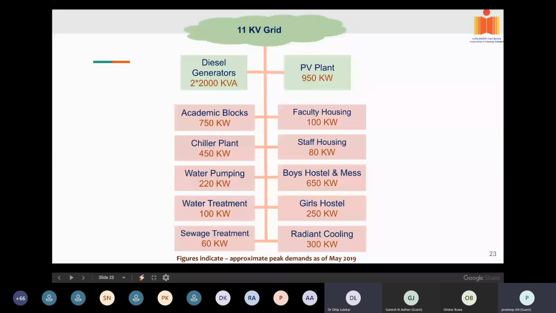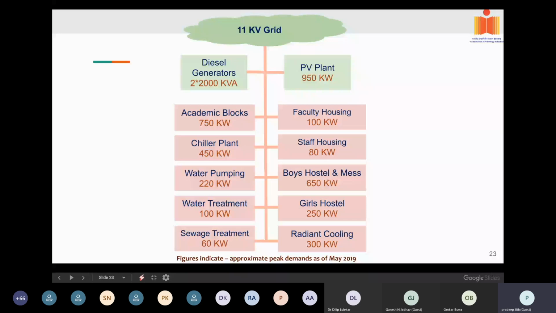Whereas voltage stability, that kind of thing, we can detect, we can make some alerts and we can inform. Similarly, when there is any power failure, within 1 minute of power failure, we can send SMS alerts. So this kind of thing we are doing not in terms of transient stability or system stability studies, but more in terms of detection of outage.